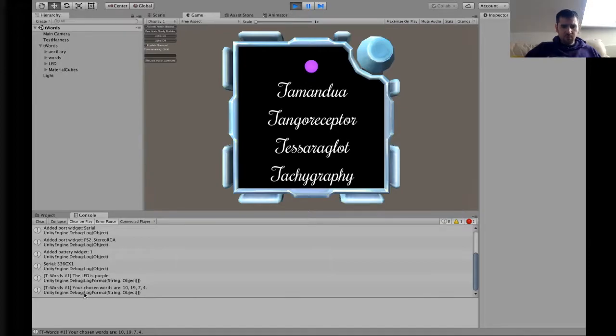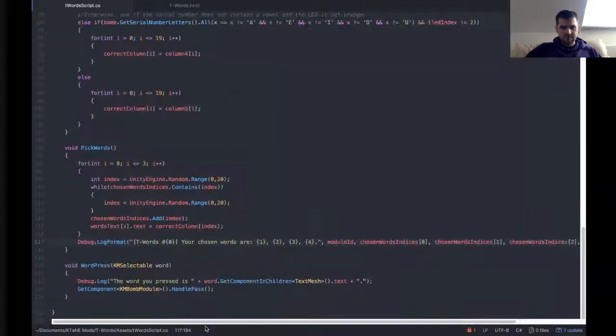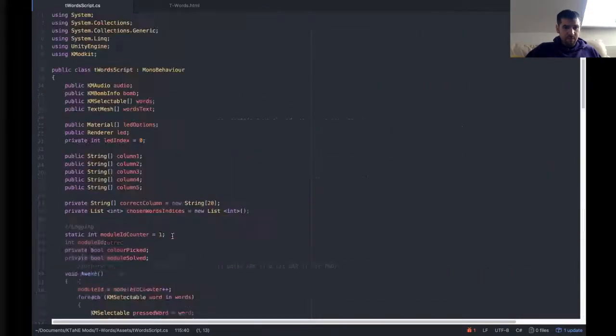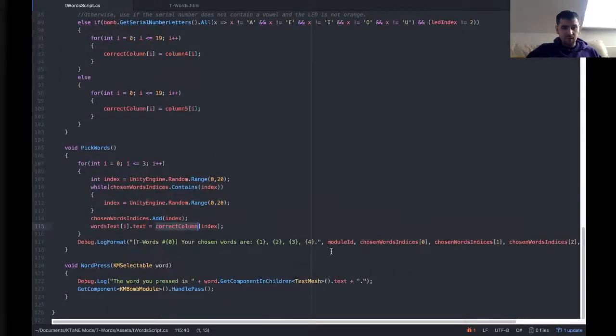Now, we've got a problem there. Your chosen words are 10, 19, 7 and 4. Now, that's not what we want because they're not our chosen words. Those are just the indices that were picked, and those indices are referred to a different list. And the list that's being referred to is this one, the correct column. Now, the correct column was the list that I compiled earlier on, which shows us the correct column. And we want the places of those numbers of that column. So the correct column will be populated with all the words from the correct column. And then we want this